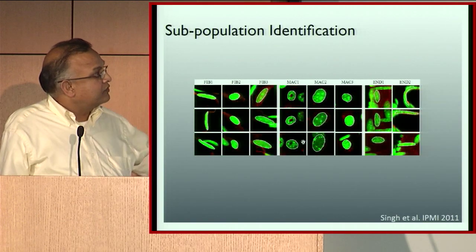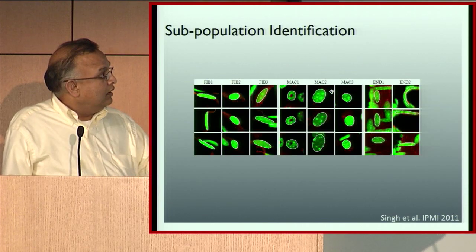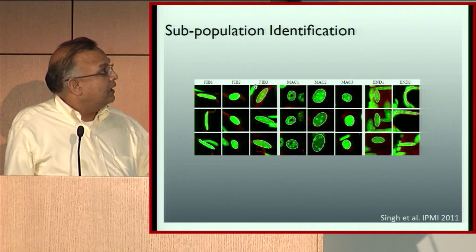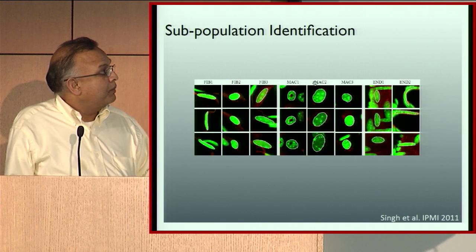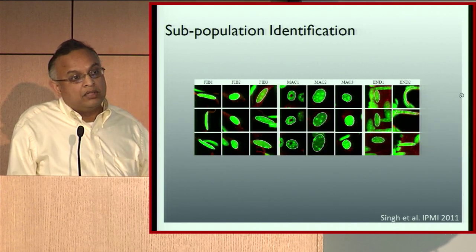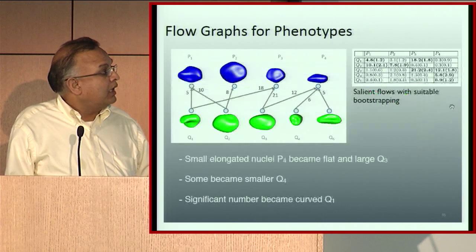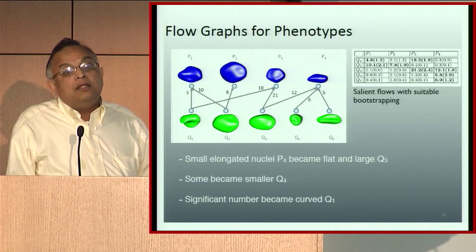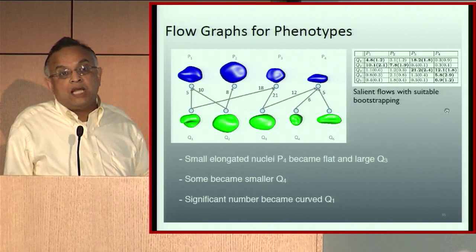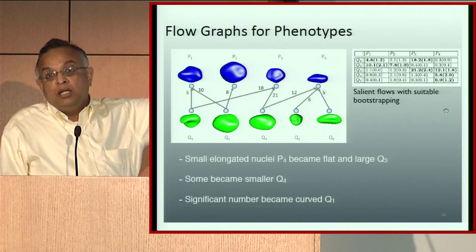Then you can do all kinds of subpopulation identification. For example, in our tissue samples, we found that there are 3 different classes of fibroblasts, 3 different classes of macrophages, and 2 different classes of endothelials. And you could do that using our kind of techniques. And not only that, you could even talk about how the phenotypes change. I mean, you could model it as a graph, and these are the things we know really well.